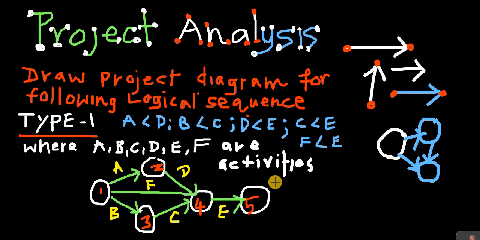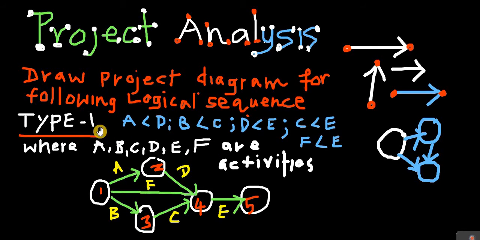Take for example, we are constructing a house. Then it consists of a lot of activities. Take for example, raising a wall, then water connection, electrical connection, then windows, doors; those are called activities. Okay, suppose there are A, B, C, D, E, F activities. Six activities are there, and